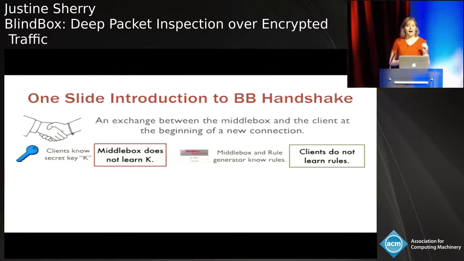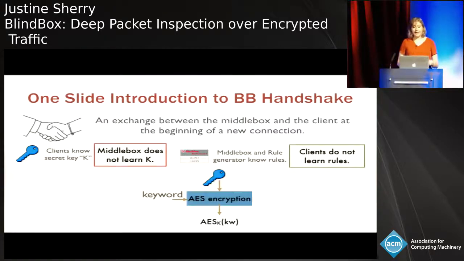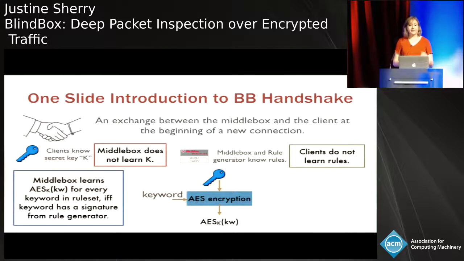However, the output of the handshake process is that we generate an AES encryption of every keyword in the rule set, encrypted with the client's secret key. And importantly, this operation will only succeed if there is a signature from the rule set for that keyword. Now, this seems quite counterintuitive. How could I compute this joint function, the encryption of a keyword with the secret key, without either parties learning